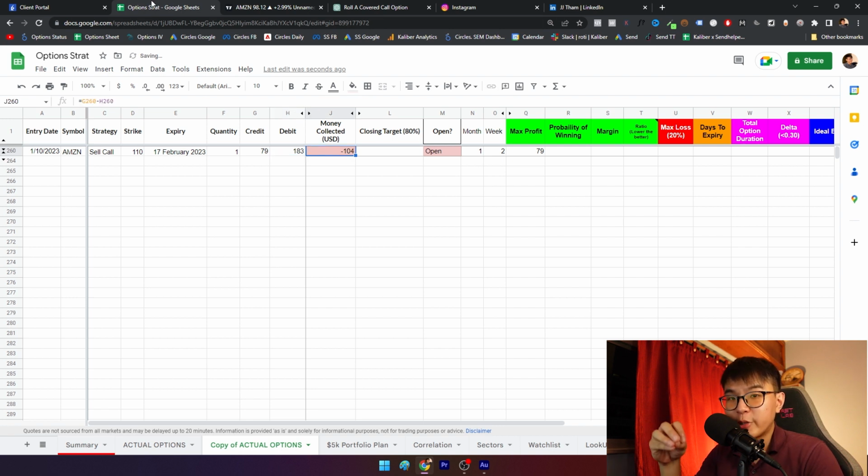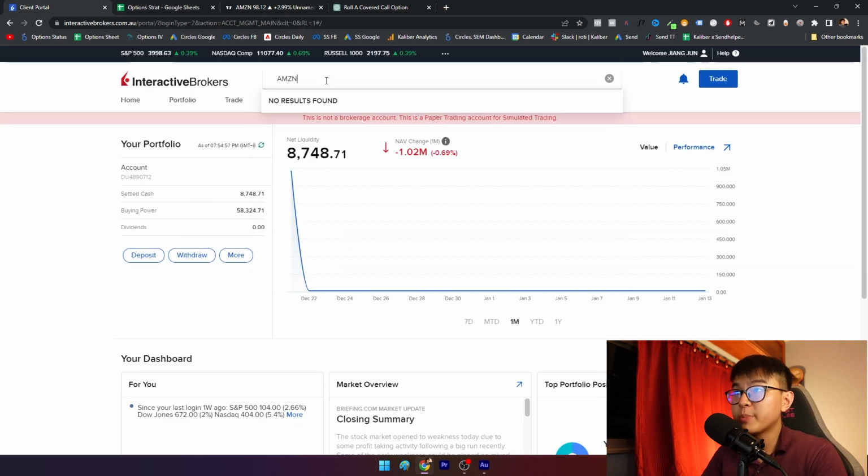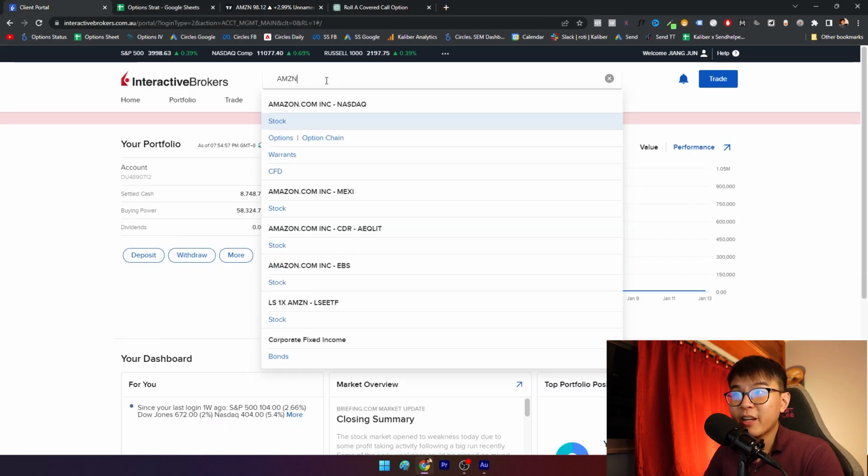How to roll a covered call option in this case is to choose a further expiration down the road with a higher strike price. So maybe I can choose the date of 28 February, and choose a strike price of 115. The next question I need to understand is how much can I collect by selling this option at a later date. Let me go to the brokerage platform and type AMZN, which is the ticker for Amazon,